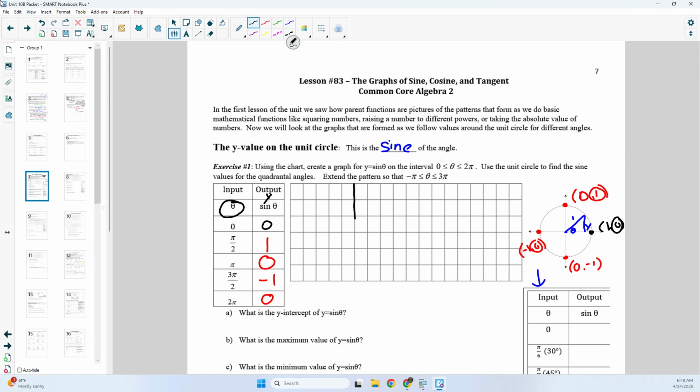When we graph, first off, I see I want my angles from negative pi to 3 pi. My table only goes from 0 to 2 pi. So I'm going to put my axes here. So my y-axis is basically in this spot where it's a little bit more towards the left. So when we do scales, depending on transformations, we could have different scales on the x-axis, but in general, I'm going to do every 2 spaces is a pi over 2. So I'm taking those angles and then putting them along the x-axis because they are my inputs. For the y-axis, usually it's fine just to leave